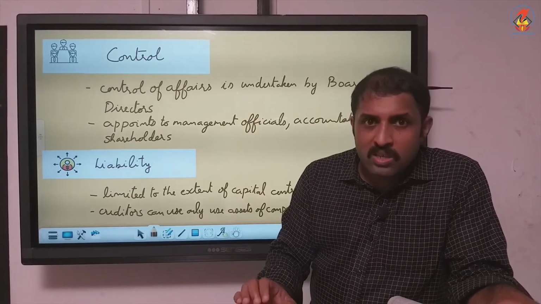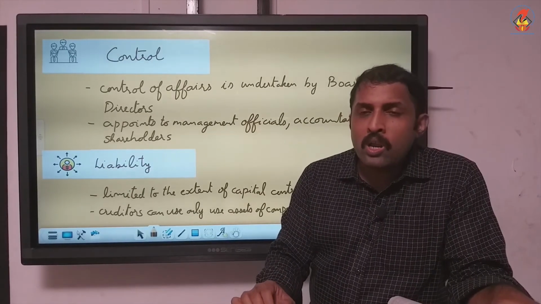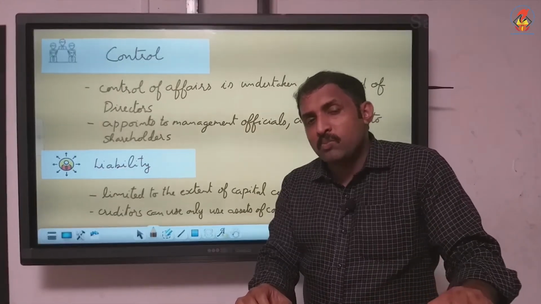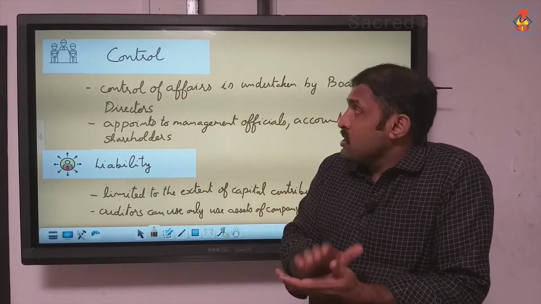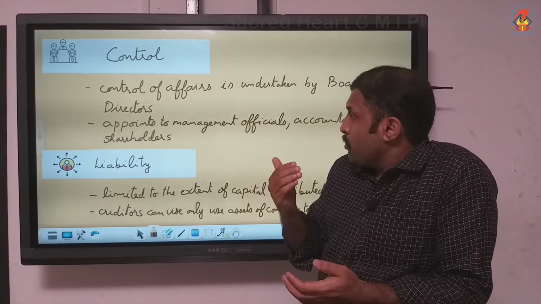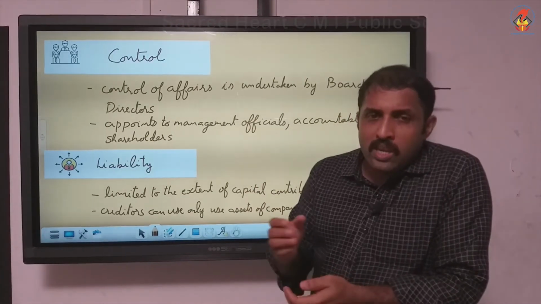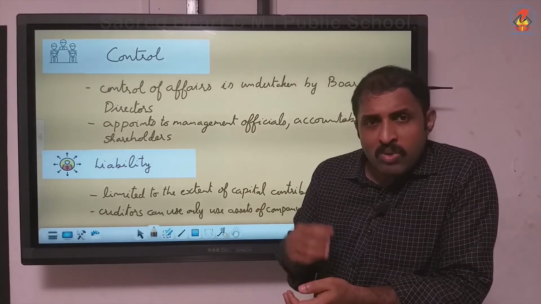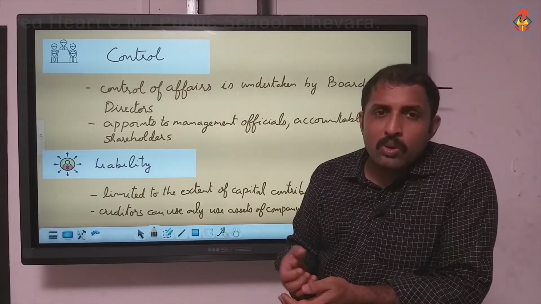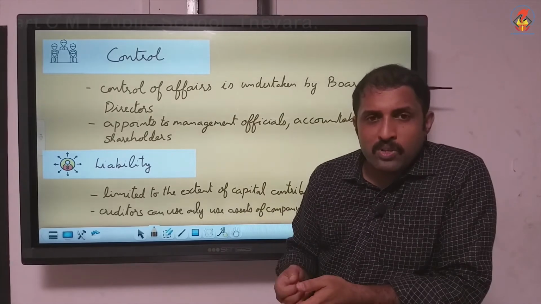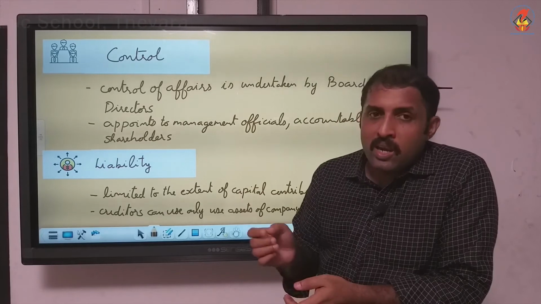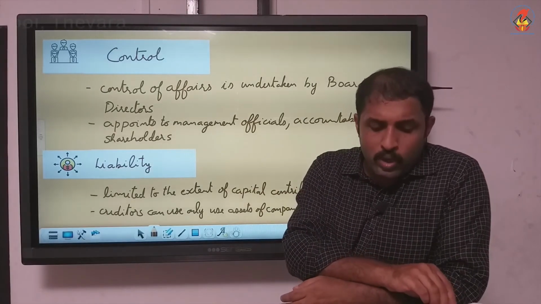The board of directors control the affairs of a company. They appoint management officials to carry out day-to-day activities. Maybe some of the management officials can also be from the board of directors, but usually they are the persons who appoint the management officials, and they have to report to